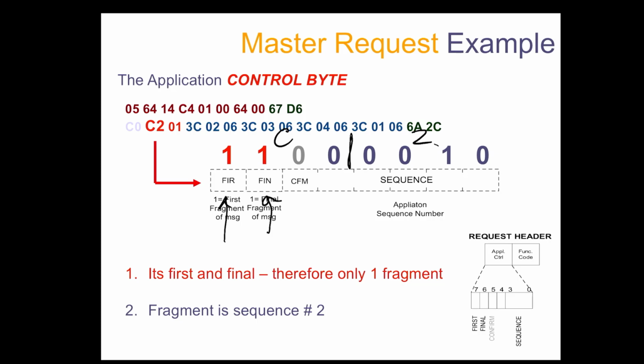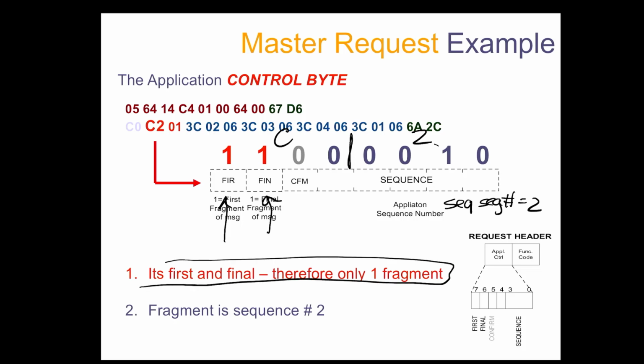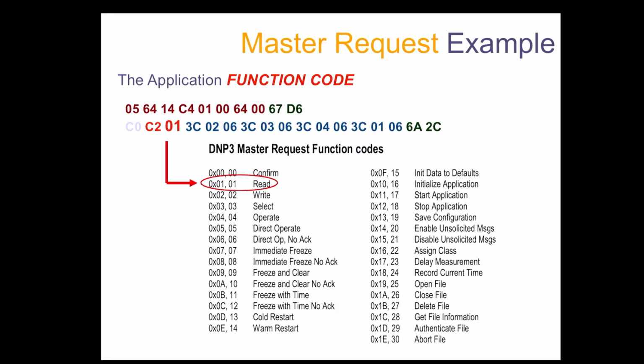And then here, the segment sequence number is equal to 2. So it's the second fragment sequence. So it says it's the only 1 fragment, and the fragment is sequence number 2. Okay, but that's only the first byte of the 2-byte value. So now if we go to the second byte of the 2-byte value, because remember, we're breaking this down into its boxes, and we know for a request